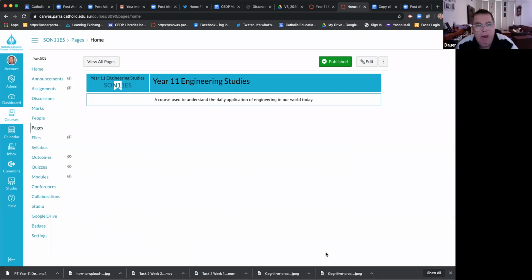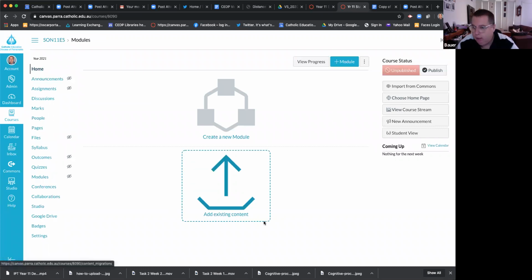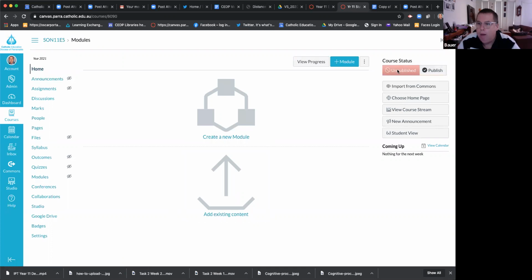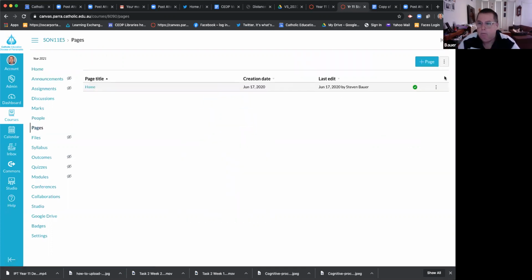That will mean that any of the people I've got assigned as students can start seeing this work coming through. Coming back to my home page, you can see there is nothing coming through at the moment. I'm going to go to my pages, move this out here, and set it as use as front page. So now when I come home,